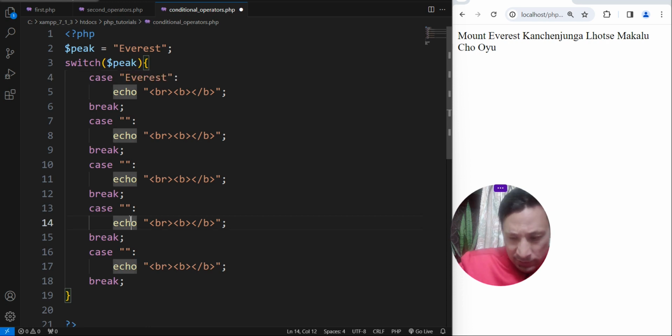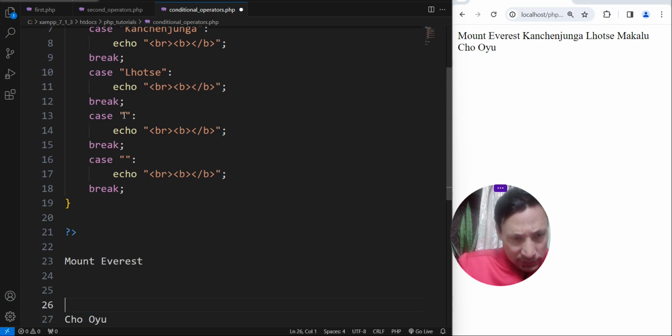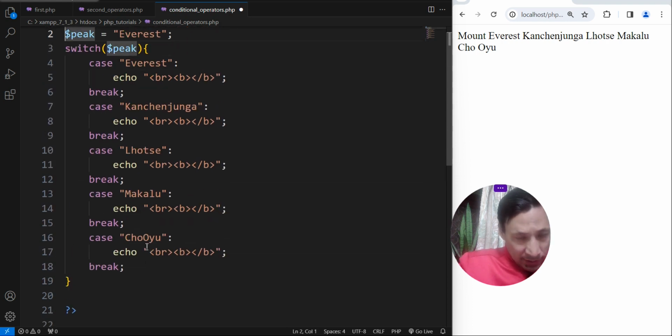Everest is here. Now let's copy this, Control X, Control V. Okay, fine. Now I am trying to check the value of pick. If it is equal to Everest, then I will display here first pick, highest peak,